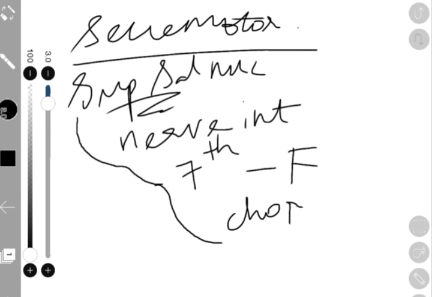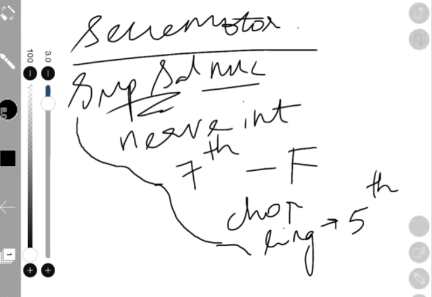So the chorda tympani carries the nerve fibers, and then it goes like this and joins your lingual nerve. The lingual nerve is a branch of the mandibular nerve. The mandibular nerve is a branch of, again, the trigeminal nerve. The trigeminal nerve is your fifth cranial nerve. So from the superior salivatory nucleus, it goes to the nervus intermedius. From there, the seventh cranial nerve, which is your facial nerve, and its branch, the chorda tympani, and it connects with the lingual nerve, which is a branch of the trigeminal nerve.